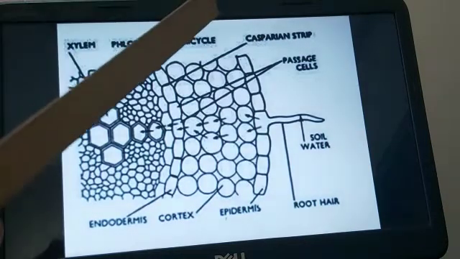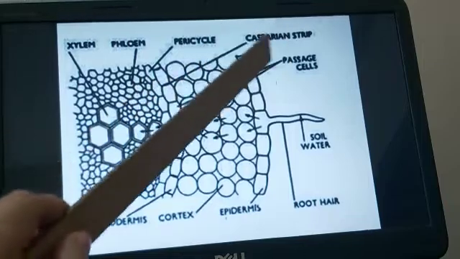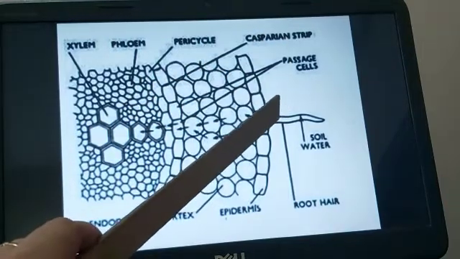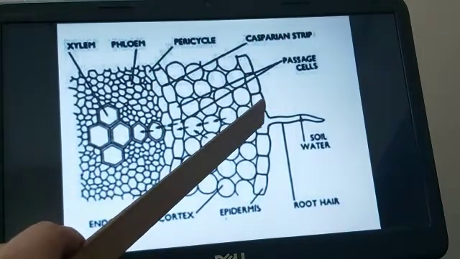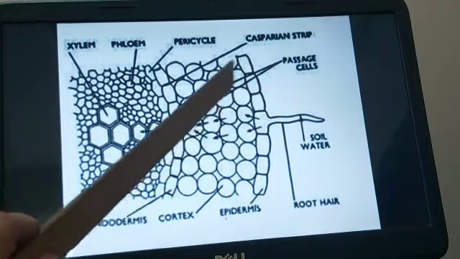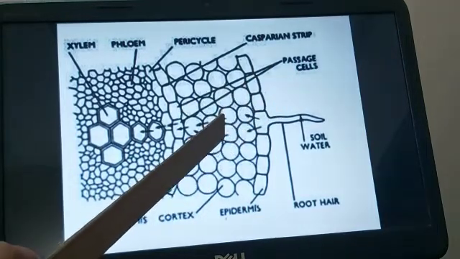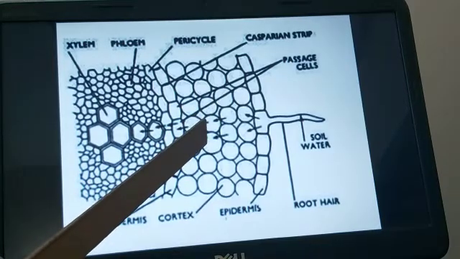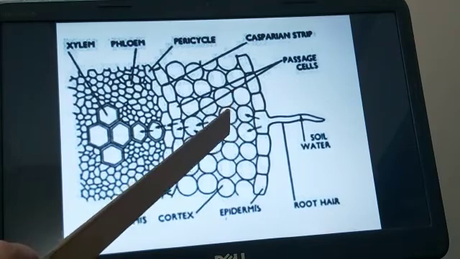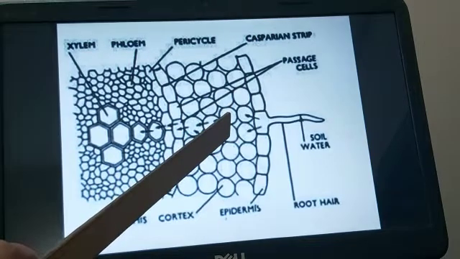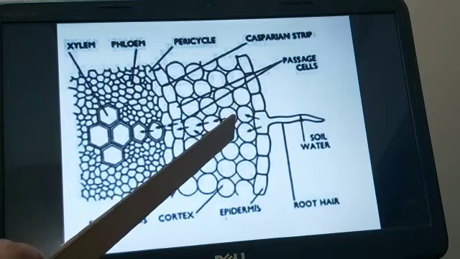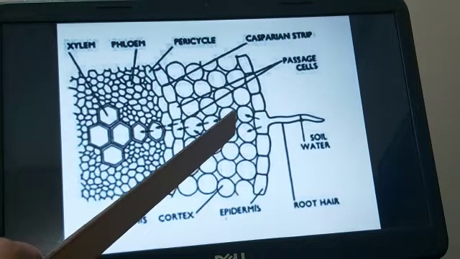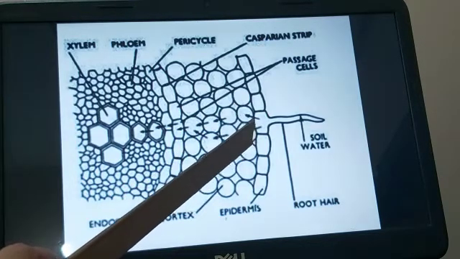Now here, this is the cross section of the root, and here you can see the root hair. From here, this part is the one which is actually taking up the water, and here you can see the arrow marks. These arrow marks represent the root in which the water is moving, and you can see that the water is moving from one cell to other cell, and the reason for this movement of water is osmosis. We have seen about the osmosis in our earlier modules. And then see the root.